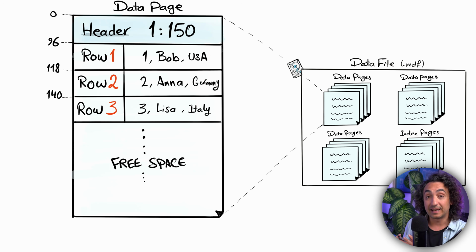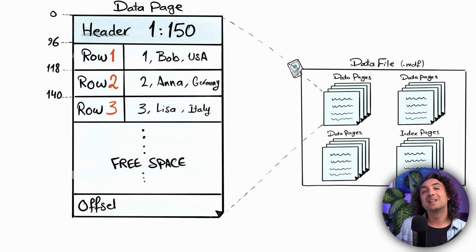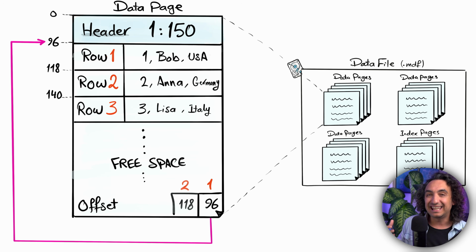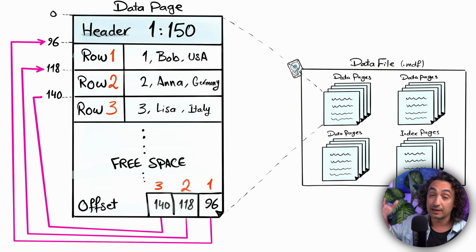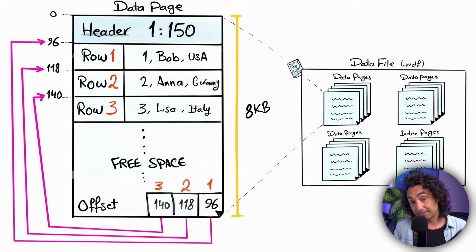And now moving on to the last section in the data page, we have the offset array. This is like a quick index for the rows stored inside this page. It keeps track of where each row begins so that the SQL can easily locate a specific row without scanning the entire page in order to find a row. So this is the structure of the data page,